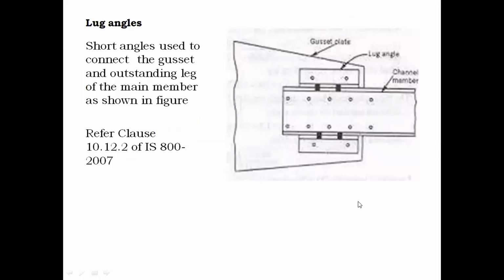And we already discussed the lug angle, isn't it? When an angle is subjected to heavy loads, the length of the angle will increase, the length of the gusset plate will increase, and the number of bolts will increase, which leads to an uneconomical section. To make this joint economical, the concept we have is a lug angle. The load acting on this angle is distributed to the other angle which is connected just beside the parent angle. So this is your parent angle, and these two angles are called lug angles, which are placed beside the main angle. That is how these two angles are connected to the major